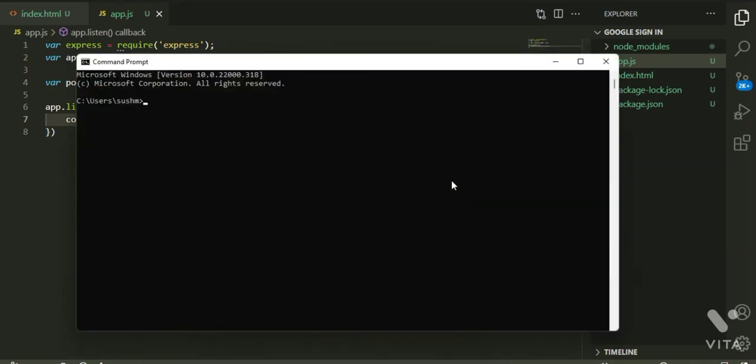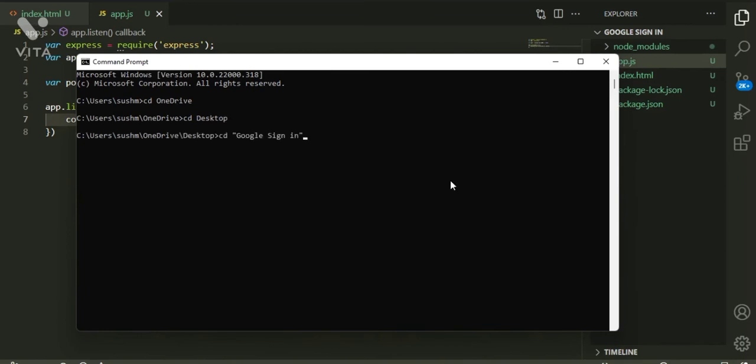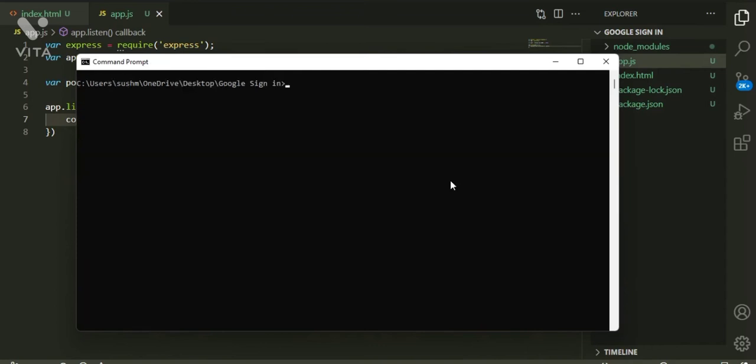I prefer running using nodemon because it is quite easier in the development phase. Let me navigate to that folder. Now let me run this using nodemon.